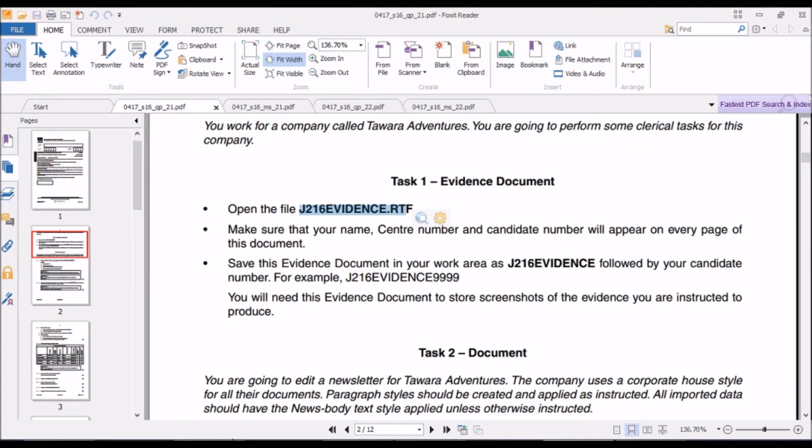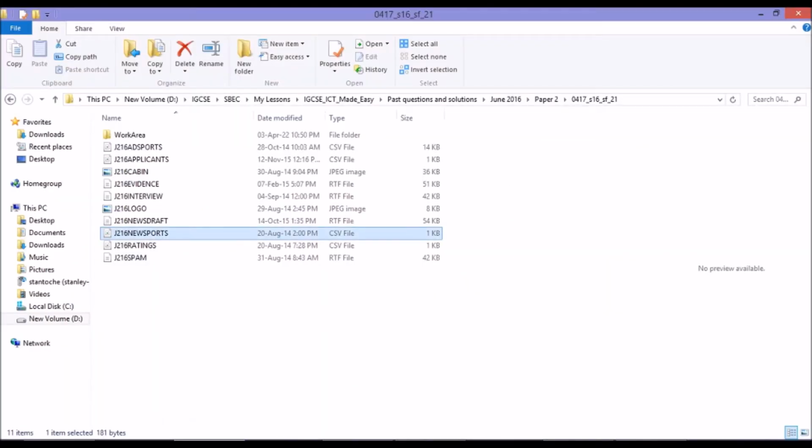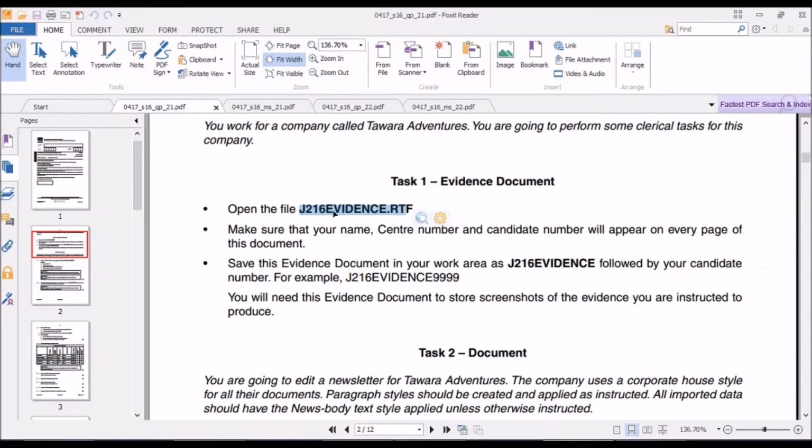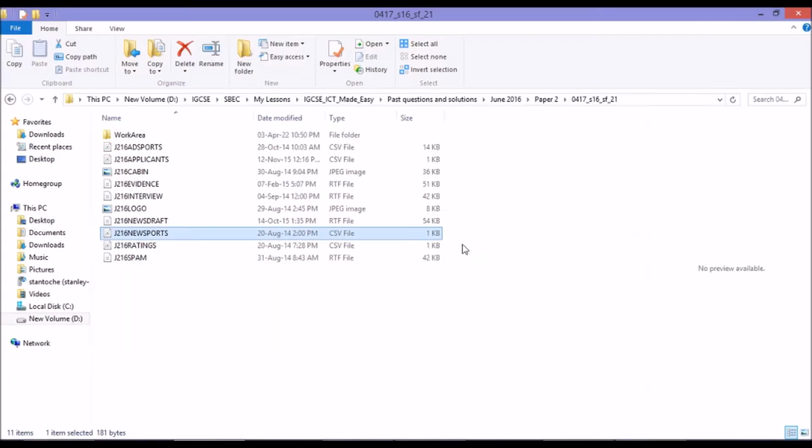So I have my folder here, and I am looking for this in particular, J216 evidence, and of course the type is RTF. So I am going to open it without wasting much time, and this is going to be the beginning of my task ahead. So while I wait for it to open,